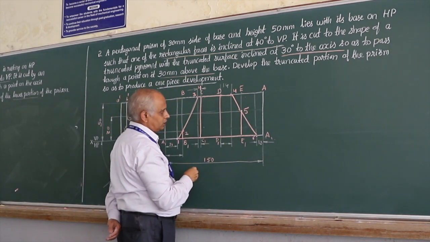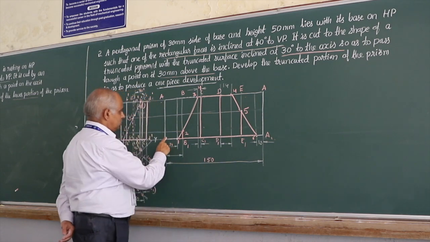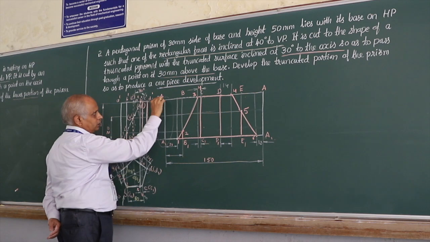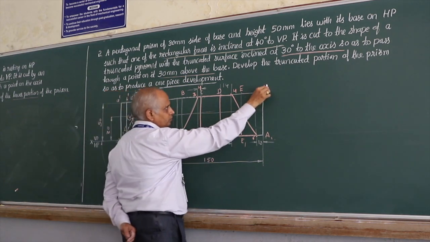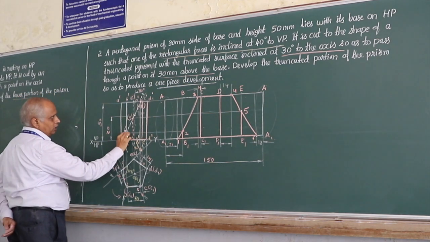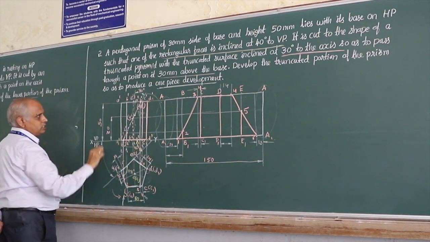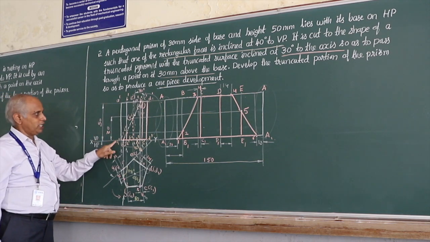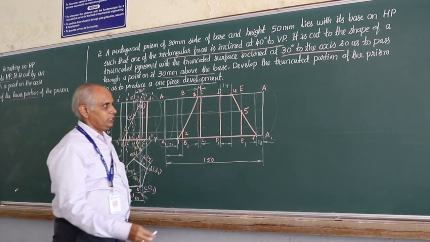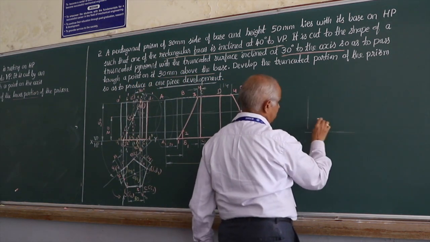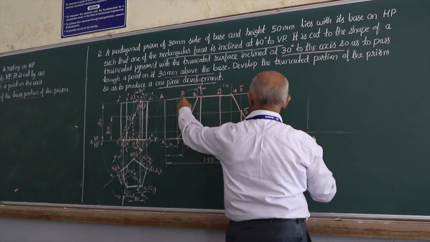They are construction lines. And that's how you have this portion completely removed. Remember, this should not be made continuously because it is removed. And by doing this, I am able to generate the development of this portion of the prism. Remember, vertical edge A1 is removed. If by mistake you cut it along DD1, then in the development you will have 2 pieces because you have cut it along DD1.